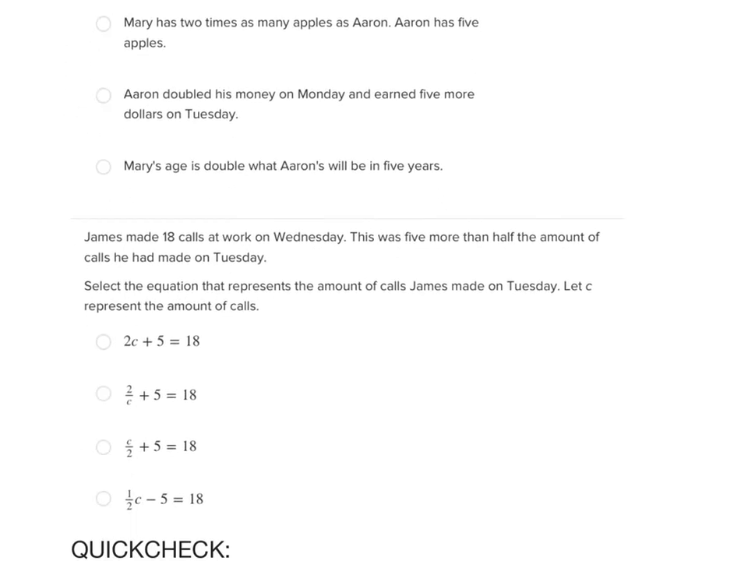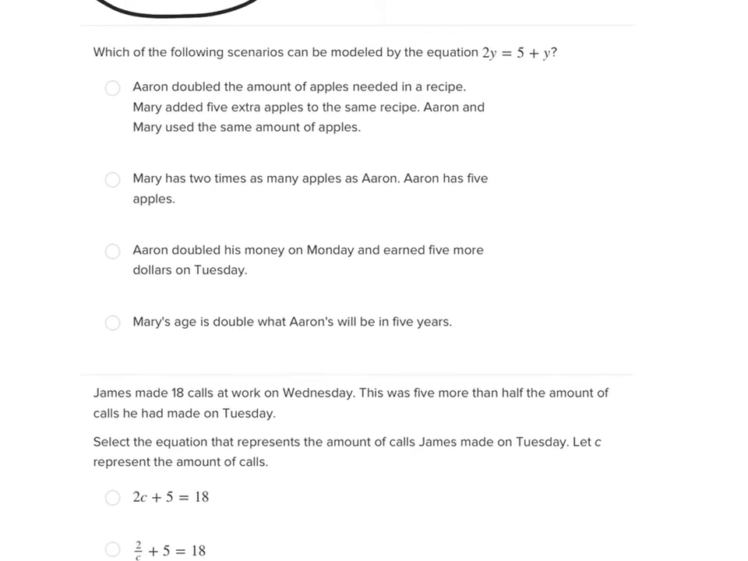Next, which of the following scenarios can be modeled by the equation 2y equals 5 plus y? All right, Aaron doubled the amount of apples needed in a recipe. Mary added 5 extra apples to the same recipe. Aaron and Mary used the same amount of apples. So what is it that we don't know? The number of apples. So y would equal the number of apples